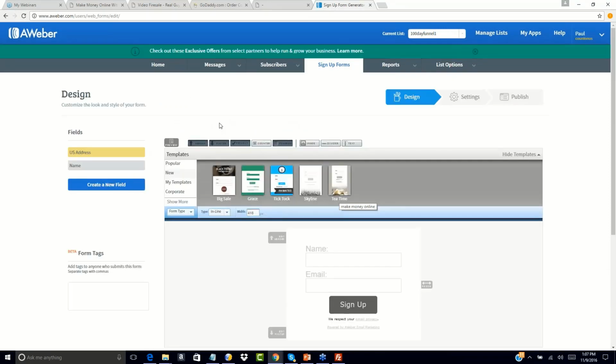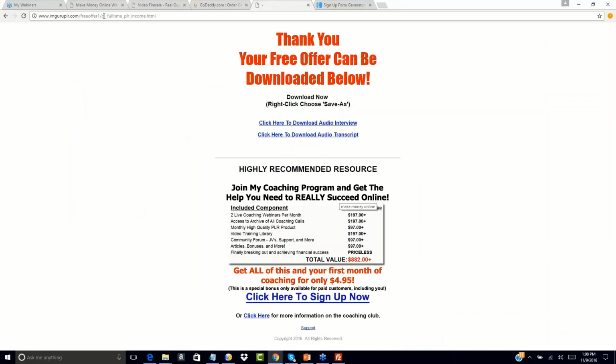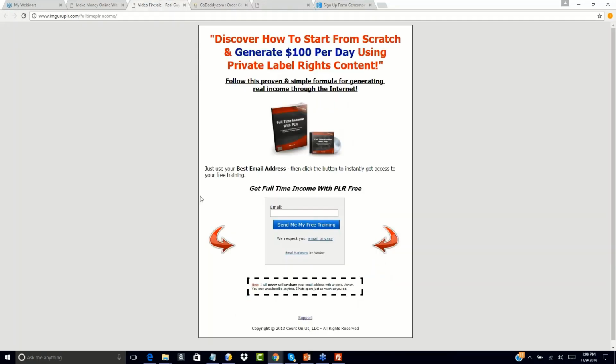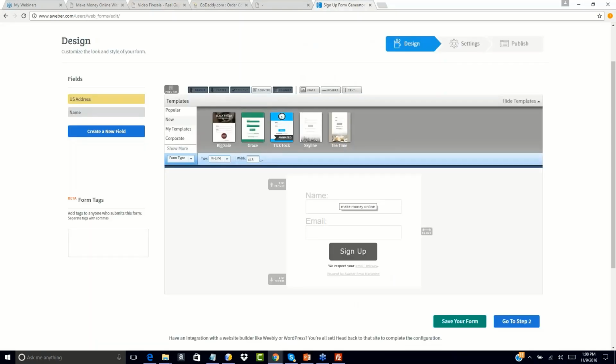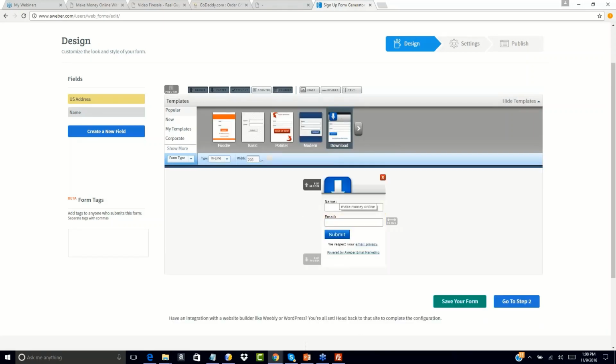Okay, so now what we're going to do here is go to the opt-in forms. We're going to choose our template. There are several templates that you can choose from, and there's one that I've used pretty successfully, so I'll show you which one. It's this gray one with this blue background. It works really well for me. Again, you can choose any of the templates that you want. You absolutely don't need to use the one that I use. I just happen to like that opt-in form. That's all. So I'm going to choose load template,